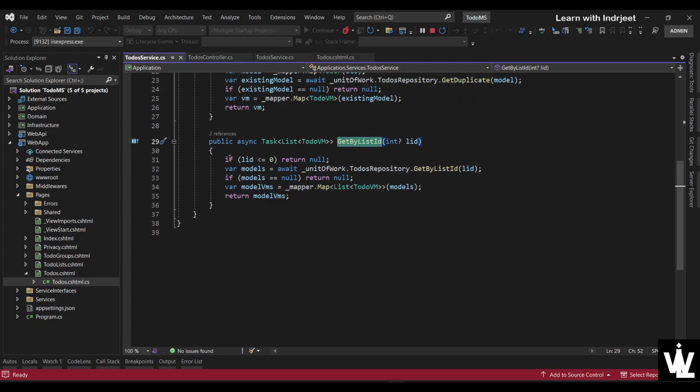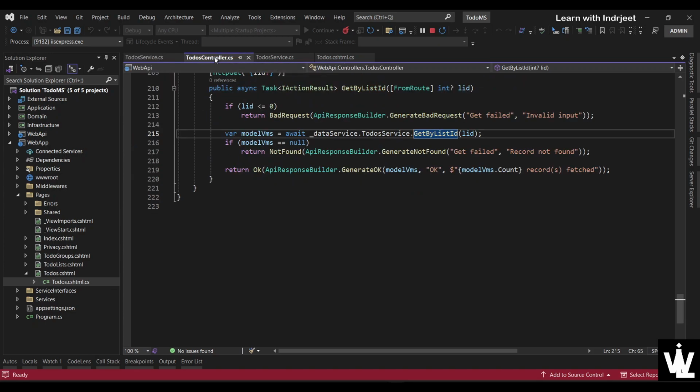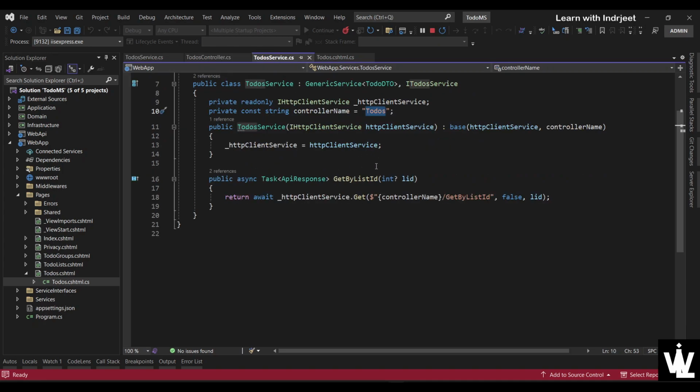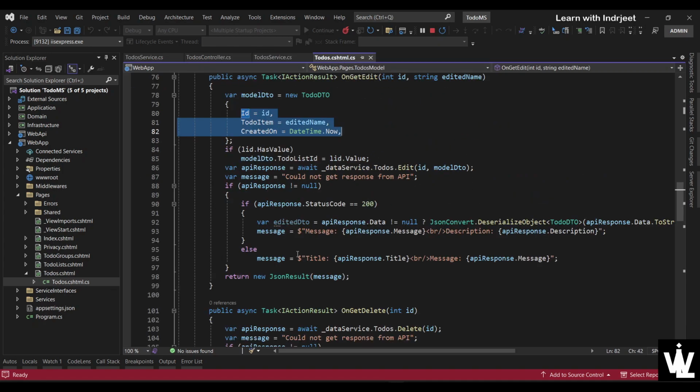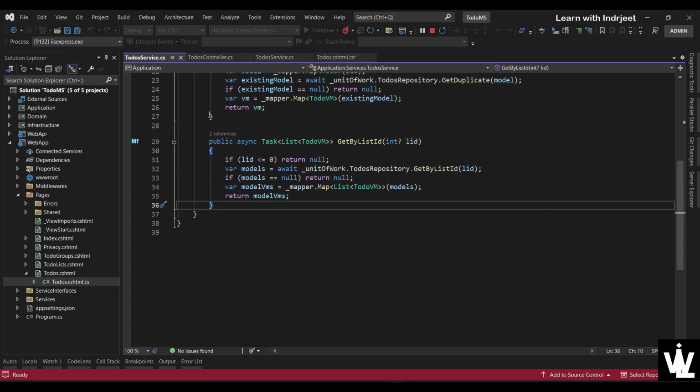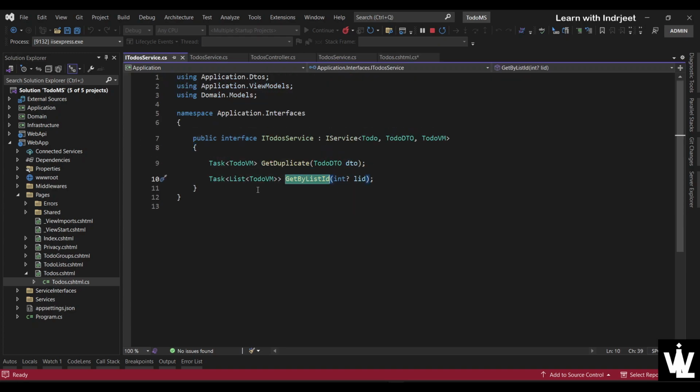Okay, so we want to create a function here in the to-do service, which will be used in this controller, and then we'll call that method in this service, and then we'll use this on the page. Instead of this, we will have edit partial like so, right? So let's go from the back end to the front end. Okay, so let's go to the interface of this service